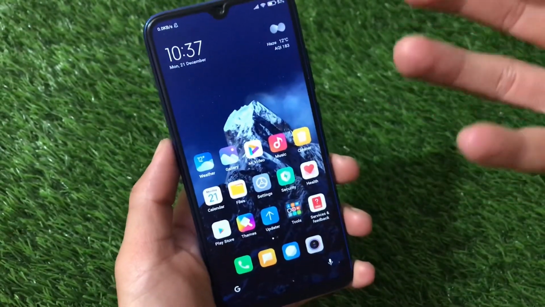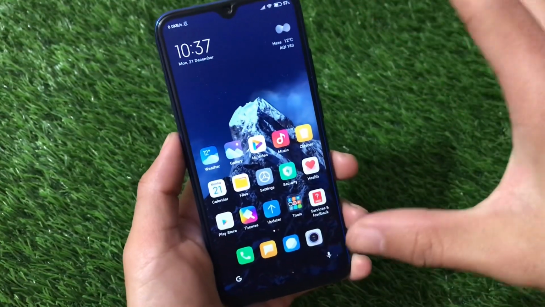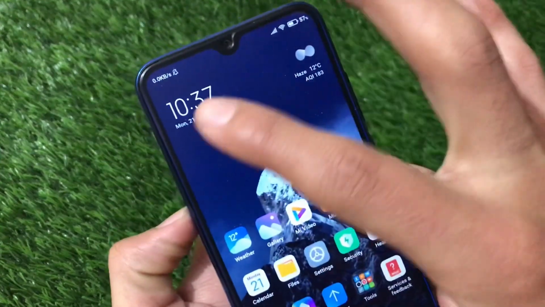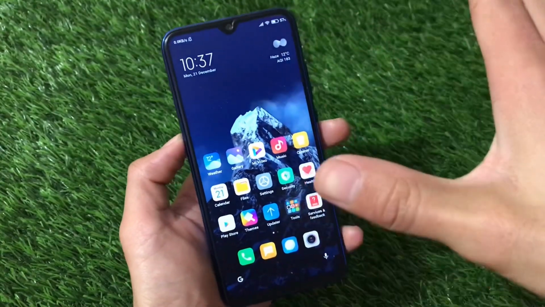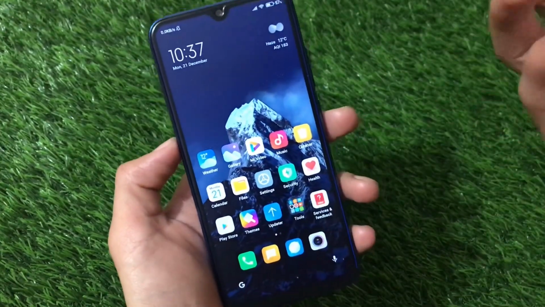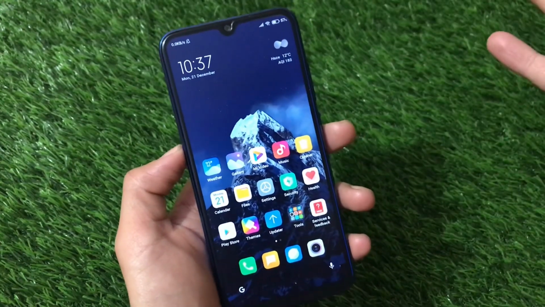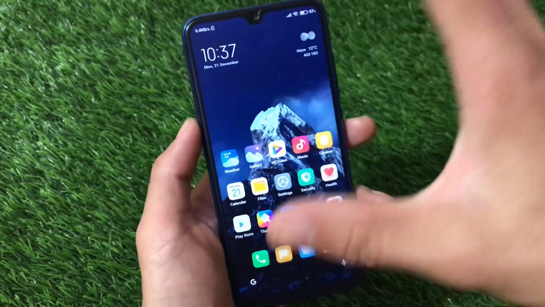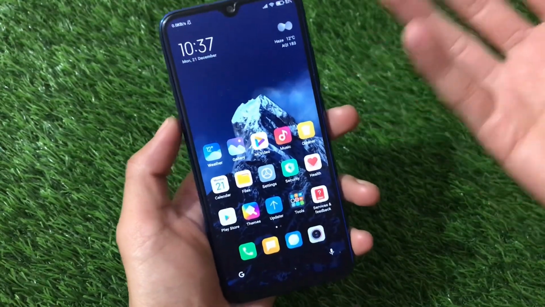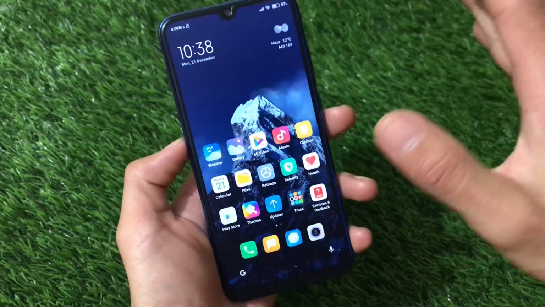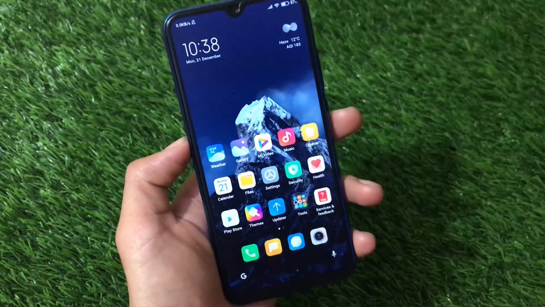This wallpaper actually changes according to your time. Yes, right now it's 10:37 p.m., so it's night, and the wallpaper seems to be in a night view. And if you apply this wallpaper in the morning, you will see a little bit of a new kind of animation here, a new view, a morning kind of look. This wallpaper seems to be really nice. You should definitely give it a try.